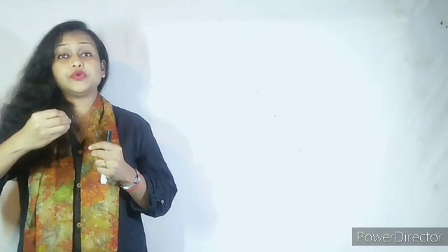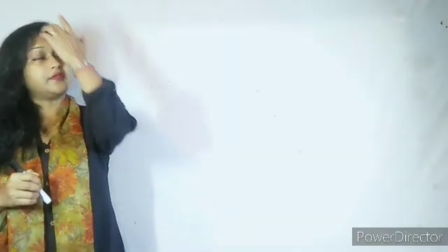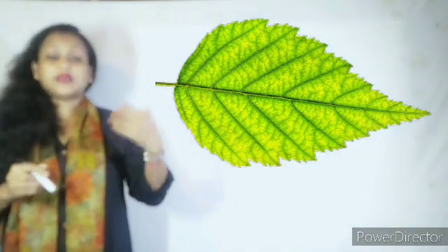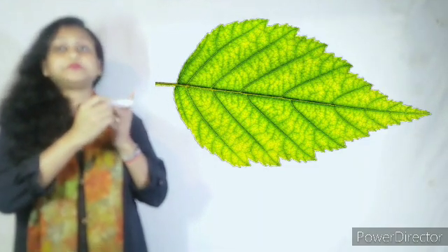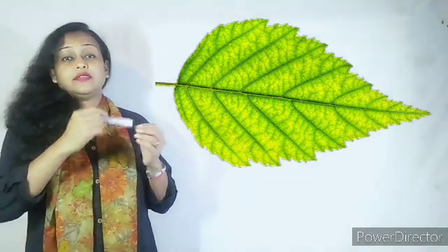This narrow channel, or the narrow tubes, carries the water from the roots to the different parts of the plant. Now, how does this water reach the leaves? If you remember the parts of a leaf that you did in your last class, like in class 3, these narrow tubes are connected to the central vein or the midrib of the leaf, and there are also leaf veins in the leaves. Through these leaf veins and midrib, the water is carried to the leaf, and then the process of photosynthesis takes place.